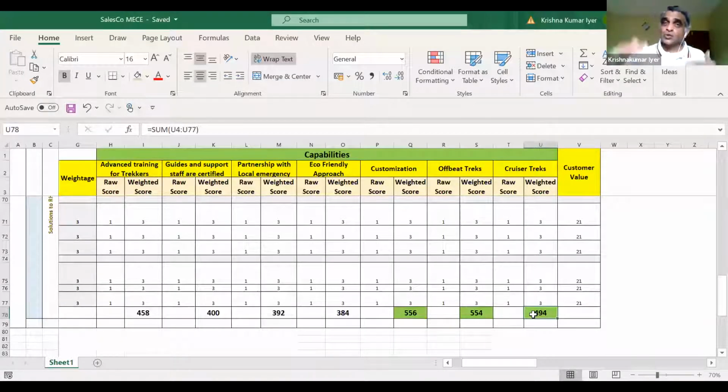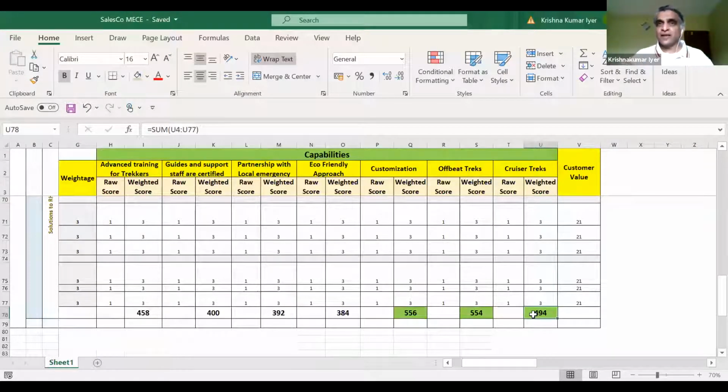What do you do next? You take each capability and against each issue, you try to score from 1 to 5. What does 5 represent? 5 represents that I have something that I can offer to the client. It could be a solution, it could be some kind of narrative, it could even be past experience, whatever be the case, I can offer something of value to the client, in which case I will put a score of 5. In case I have nothing that I can offer to the client for this particular issue, then I will score a 1. And any score between 1 and 5 is what I can do, right? So this is how you do the scoring.